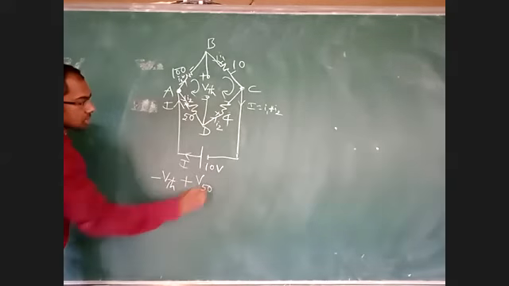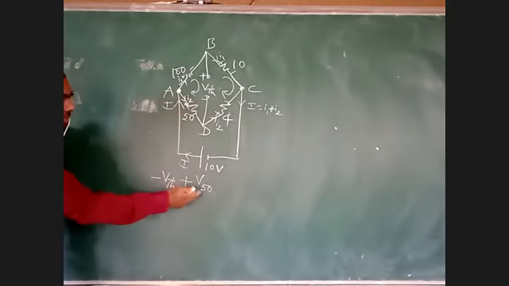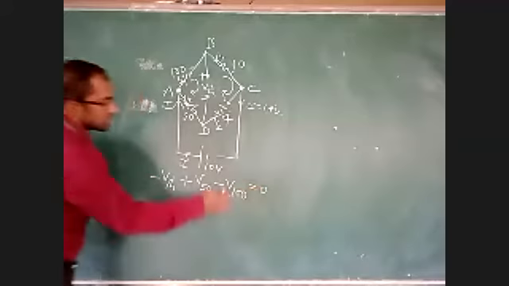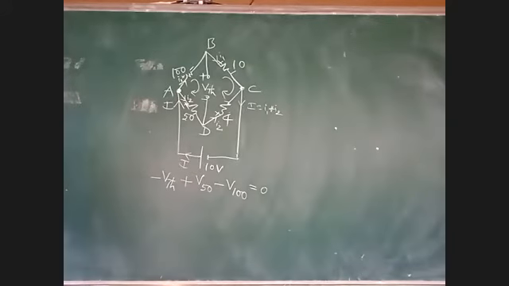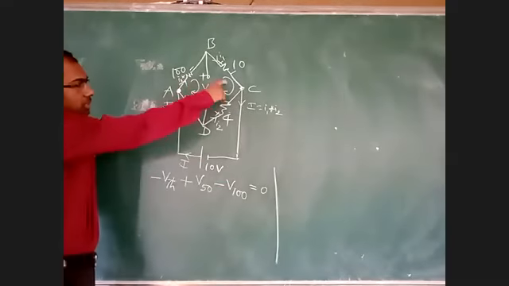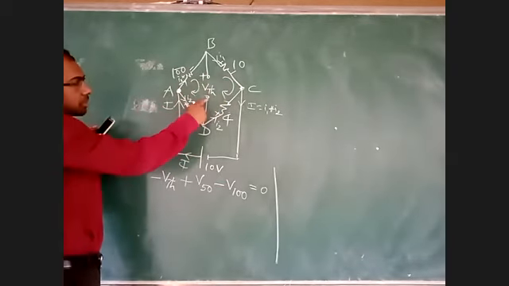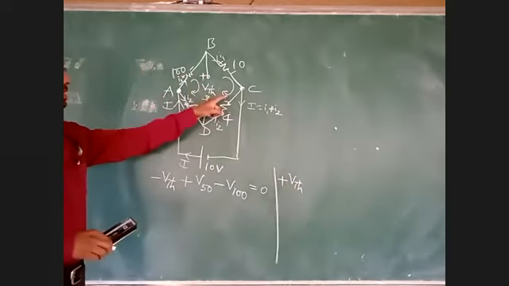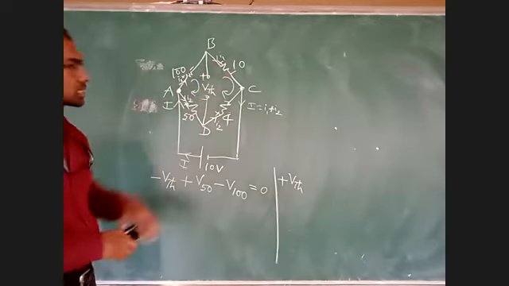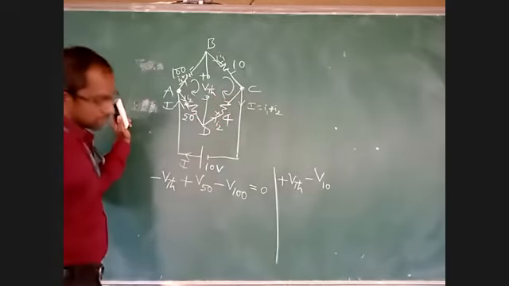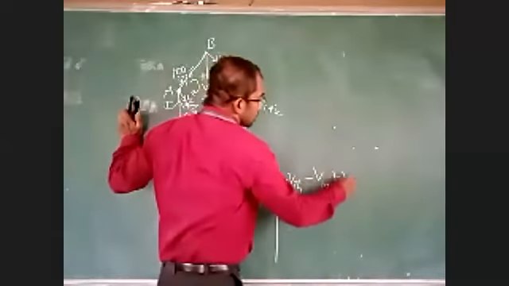Minus to plus, plus voltage in 50 ohms. This is the 50 ohms. I am considering this as the open circuit voltage. Voltage in 50 ohms is plus to minus, minus voltage in 100 ohms. Okay. I have considered this loop. Come to this side and consider this loop. Minus to plus, plus VTH. The arrow is moving from minus to plus. Plus to minus, minus V10, then minus to plus, plus V4.